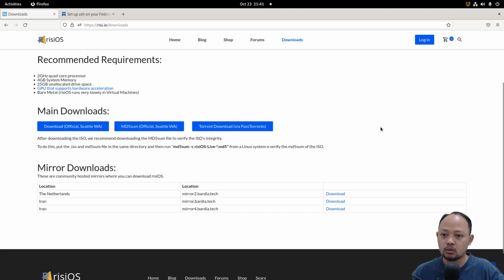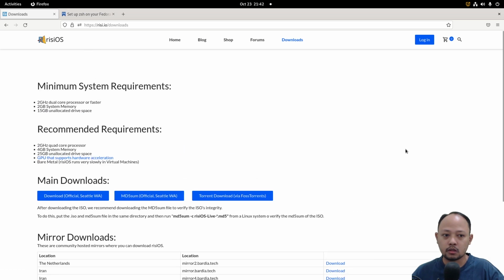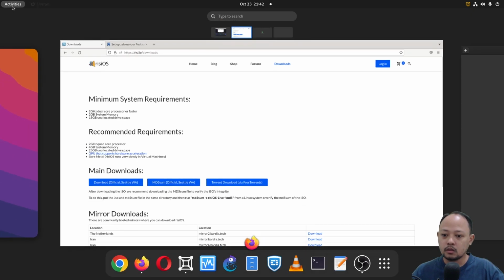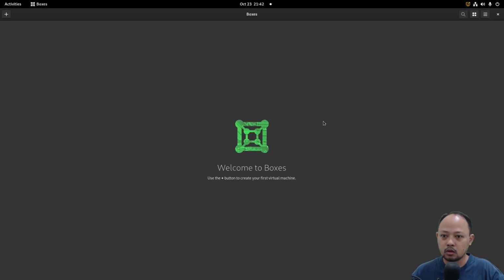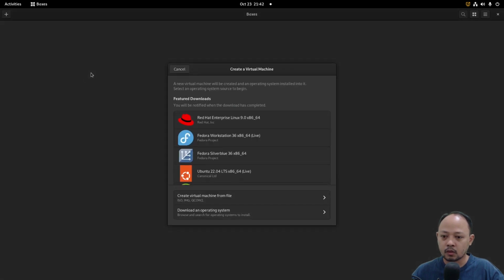Actually I already downloaded the ISO, and I will install RisiOS in GNOME Boxes. Okay, let's start to try. I will create the VM.